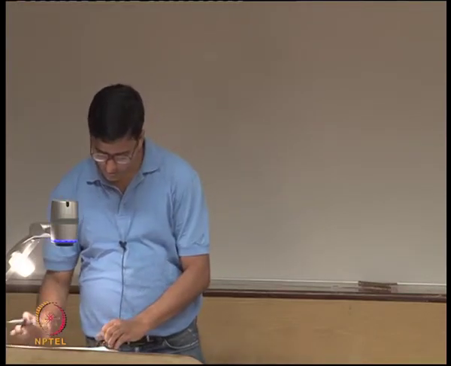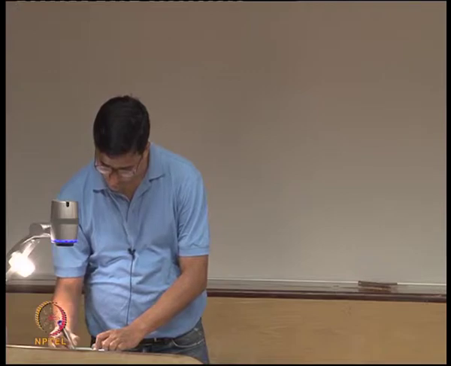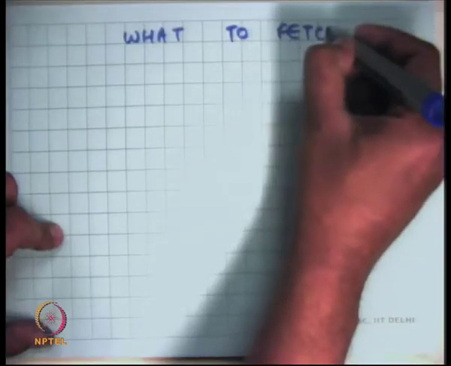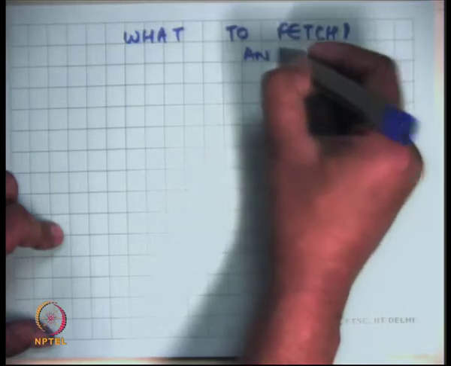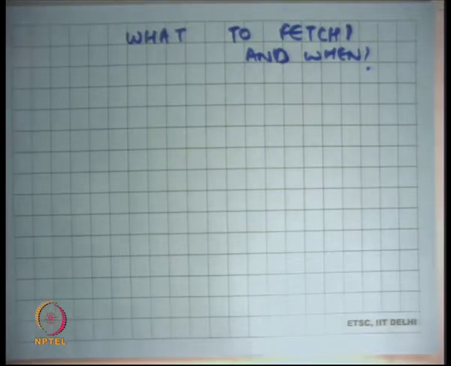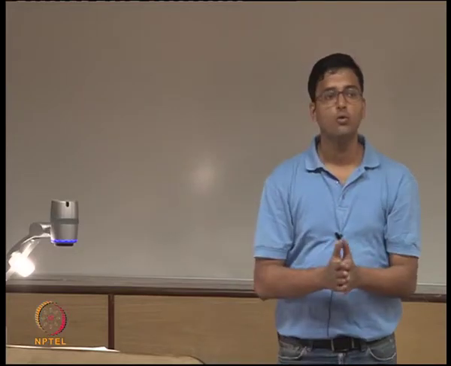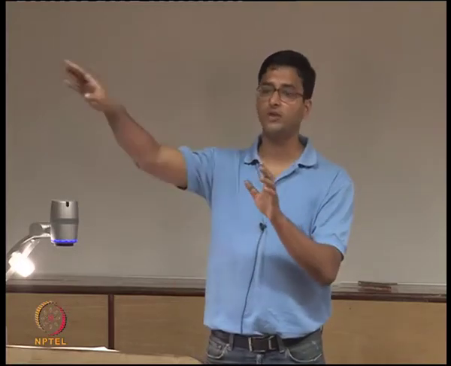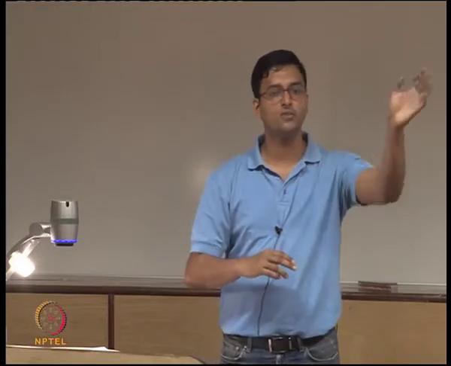Right. So now let's also look at what to fetch and when. For example, what should I fetch at load time? This is a design question that an operating system designer has to figure out. At load time, if you say I want to run this process, what pages should be fetched into physical memory a priori? One option could have been to just ask the user. Provide an interface between the user and the operating system, for example, an extra argument to your exec system call giving the list of pages that you should load a priori.